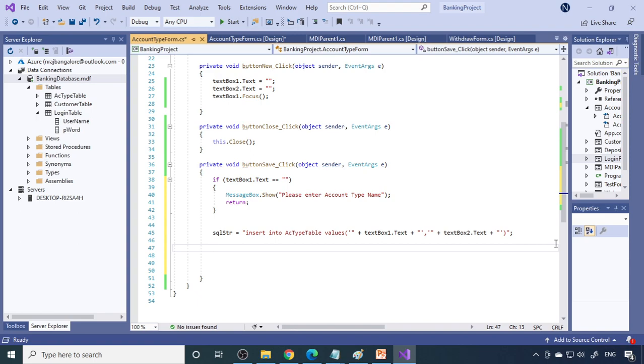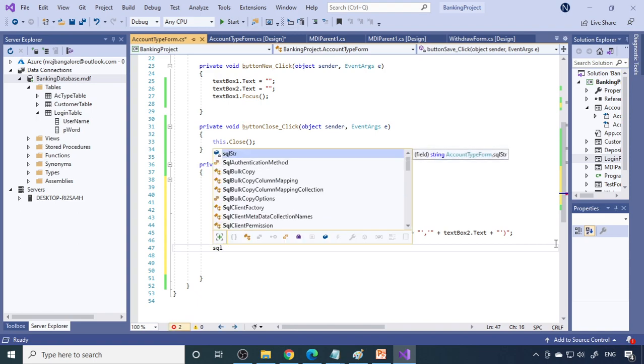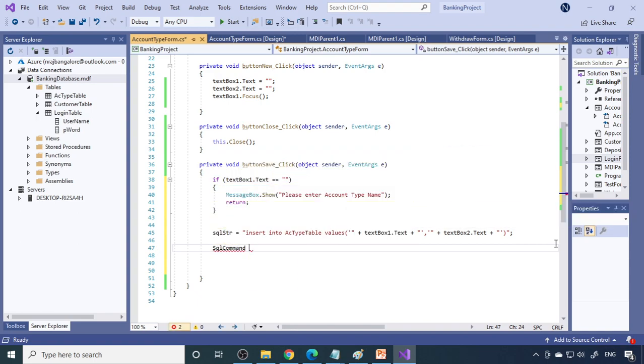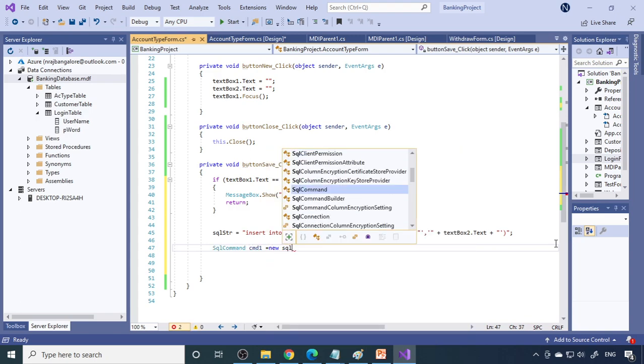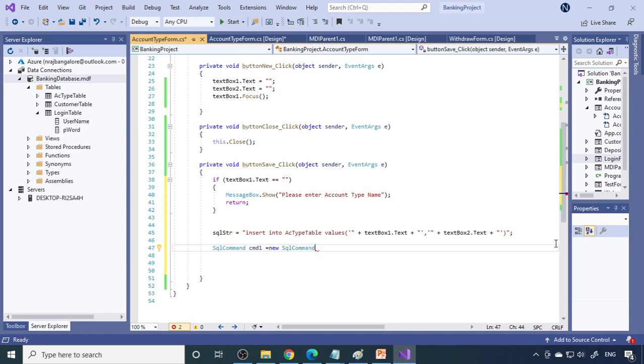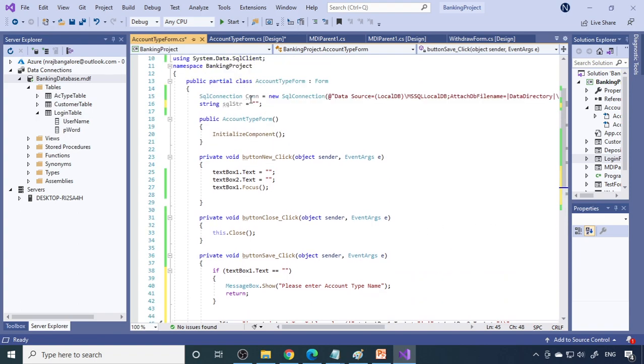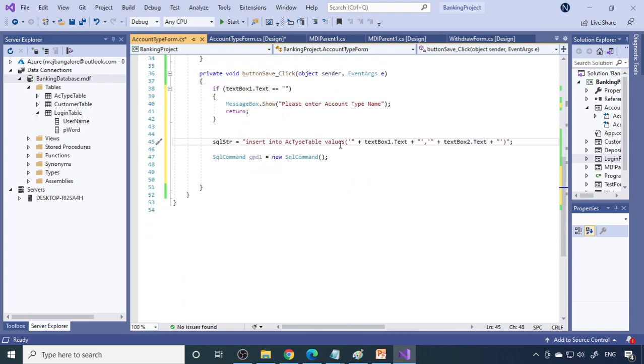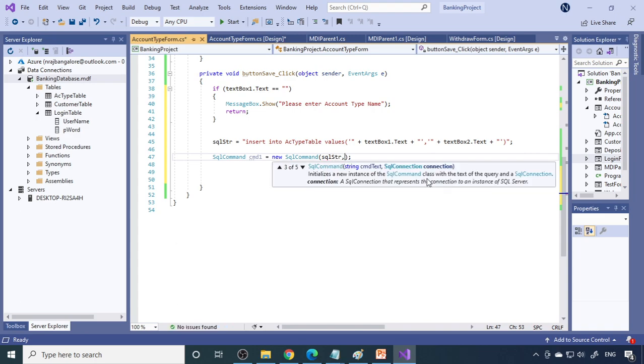So in order to execute the statement, you require SQL command. So therefore you can say SqlCommand cmd1 is equal to new SqlCommand, then close this and then semicolon. So now we can execute this SQL statement along with this connection object. So this connection object is also important. Therefore we can write SQL str comma connection.